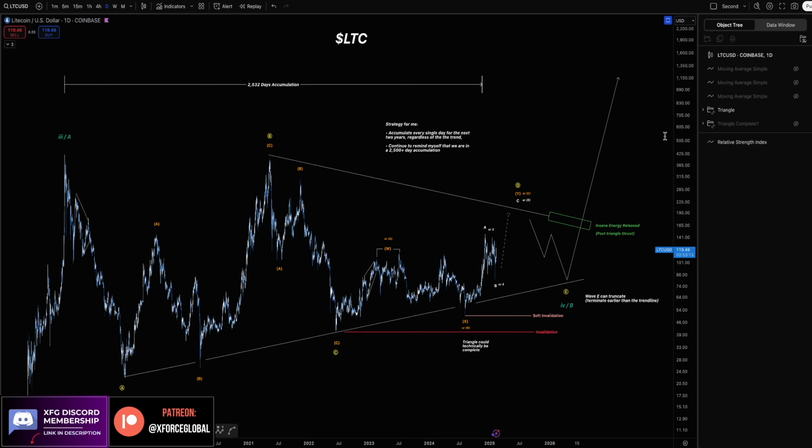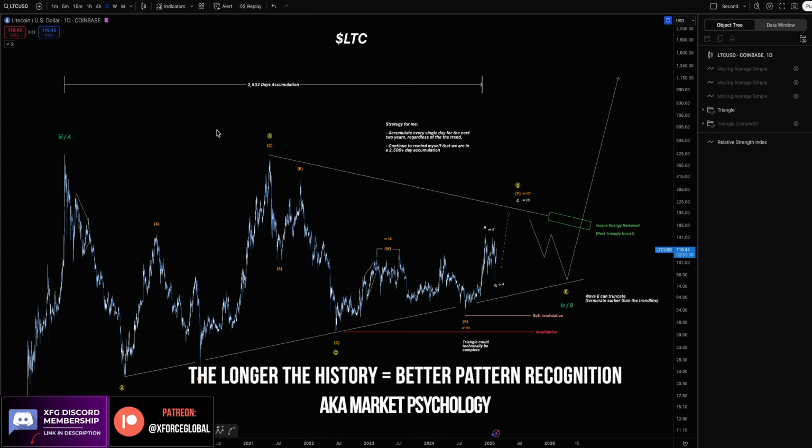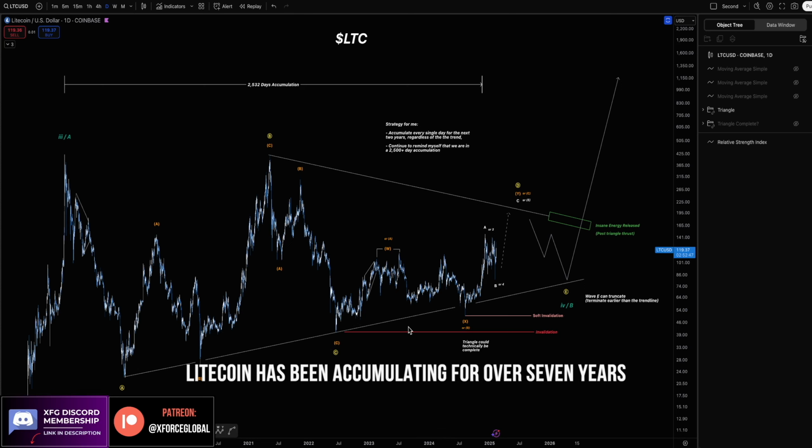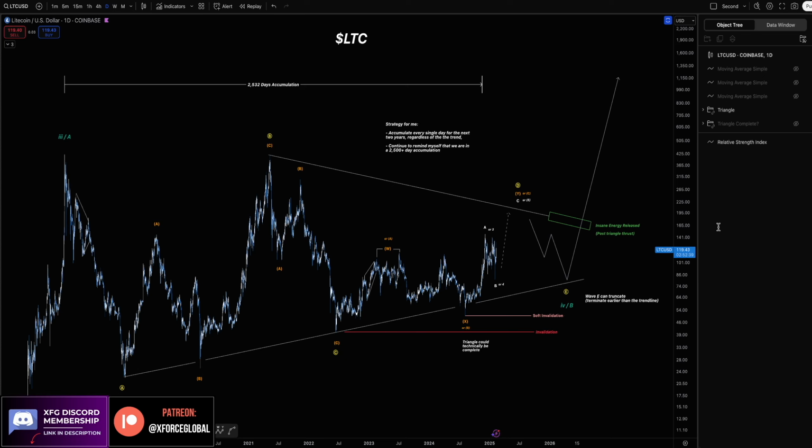And furthermore, history allows for improved pattern recognition and insight into these broader market cycles, which in turn helps predict the likely duration and behavior of these waves with a far lesser margin of error. And when you have such large price history to work with, it gives you true insight into the market psychology of what the market participants want. In this case, with these higher lows being created over the past 7 years, the only real logical conclusion that we can pull out of this is that accumulation has most likely taken place.